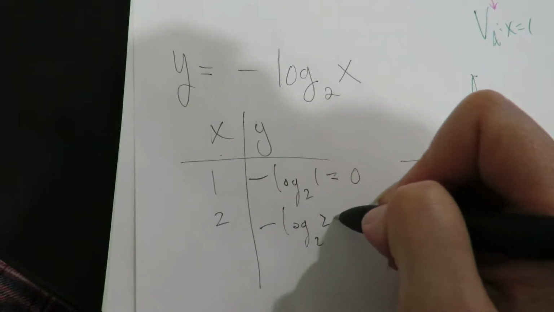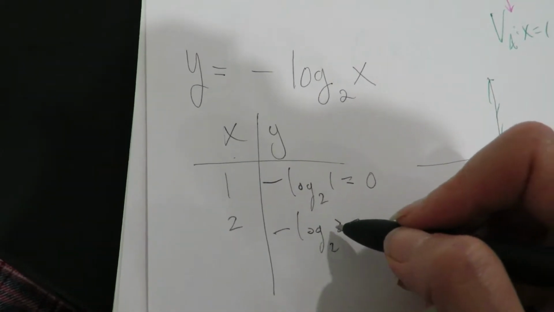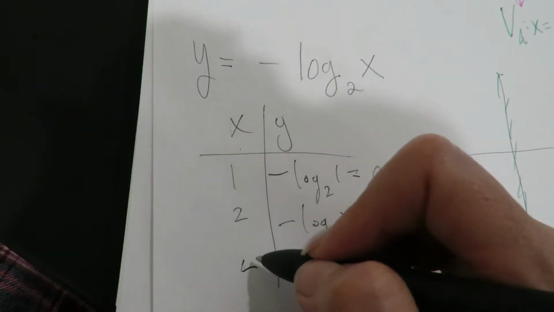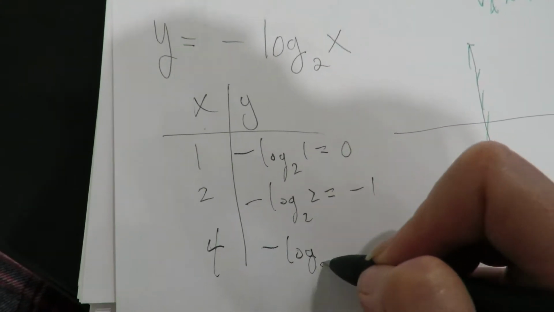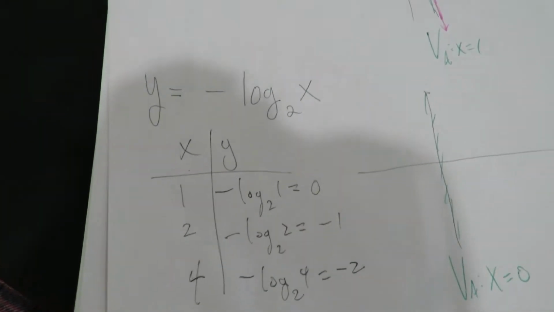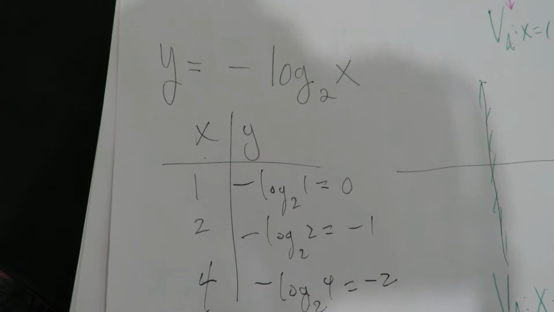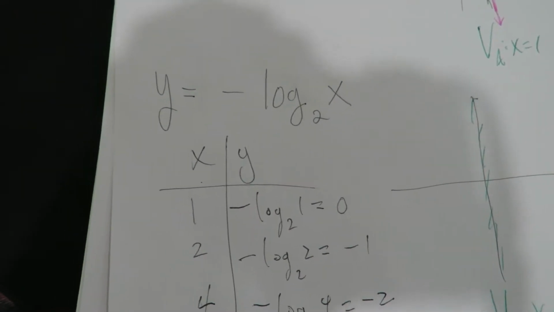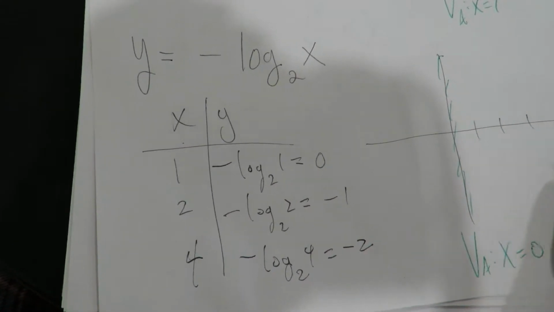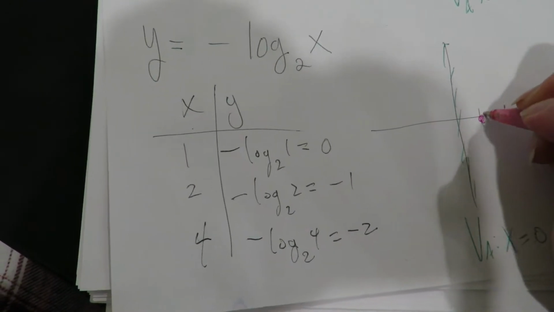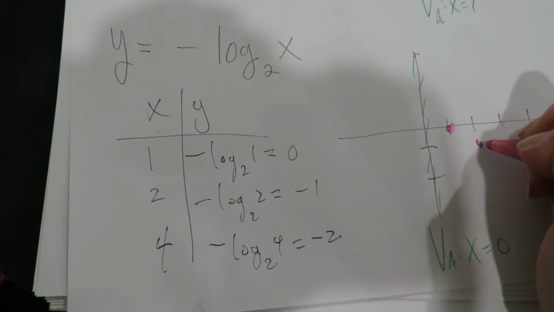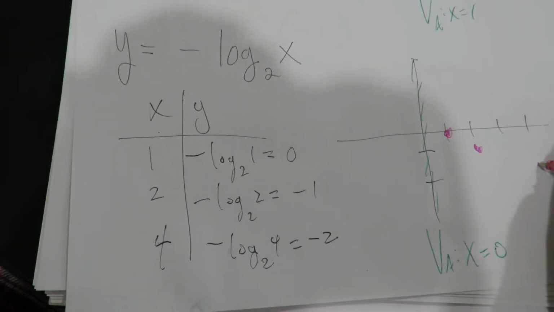Okay, so let's do this one. So, all right, so this part here is going to be a 1, but then you're multiplying it by a negative, which is why it becomes -1. So like if you do 4, this part here is going to be a 2, but then you're multiplying it by a negative, so you get -2, and so on. Let's see, so this one is 1, 0, 2, -1, 4, -2,